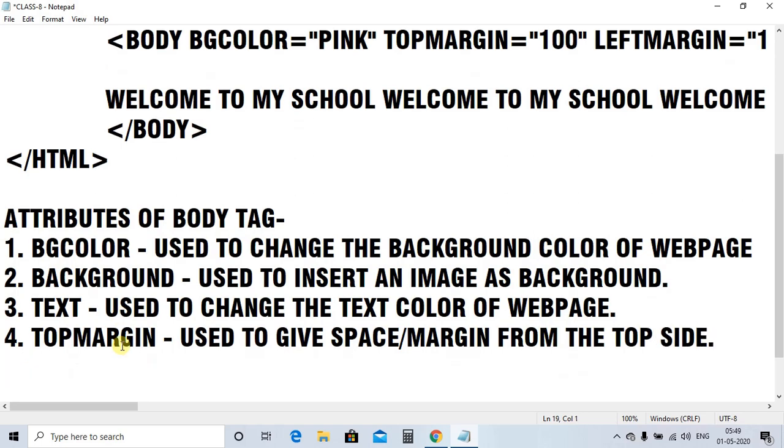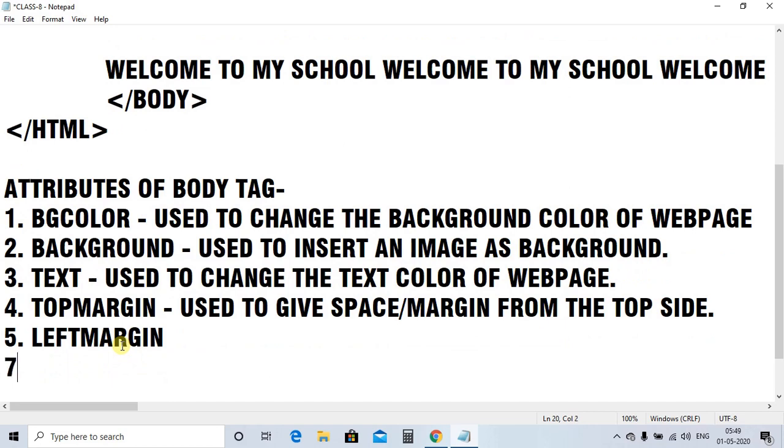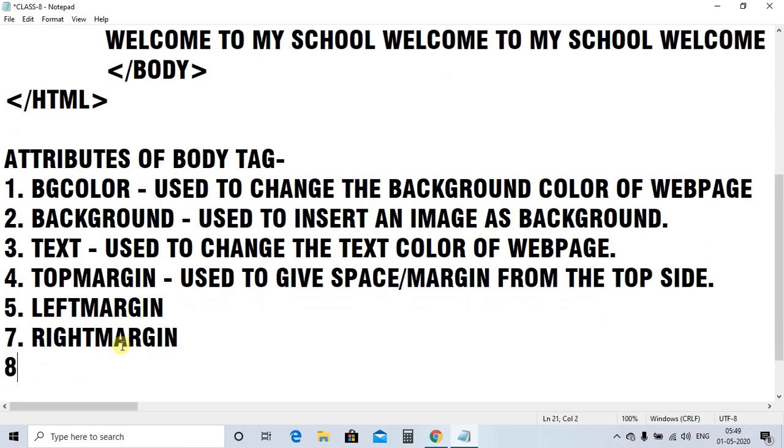And similarly left margin, right margin, and bottom margin. We have discussed these 8 attributes of the body tag.